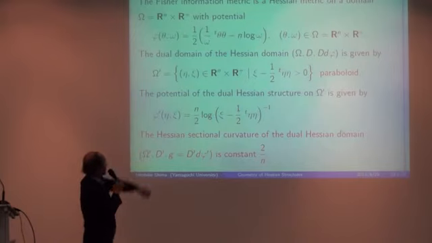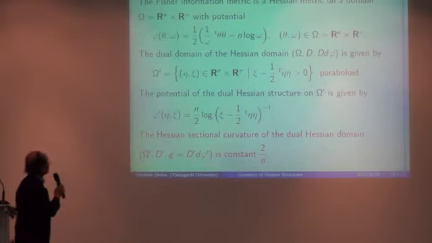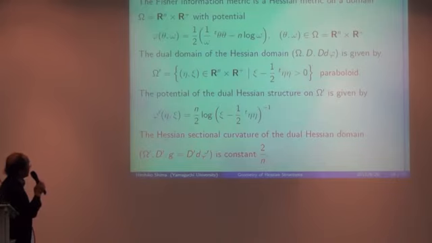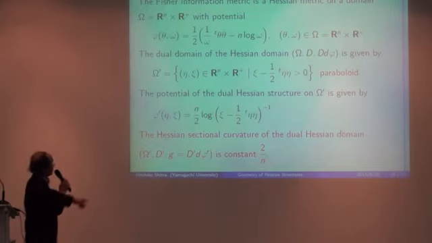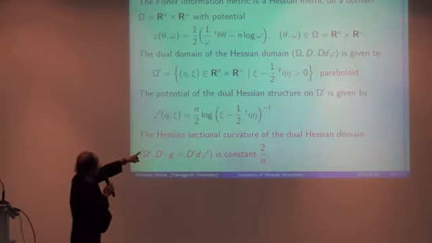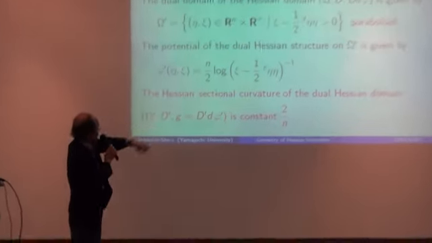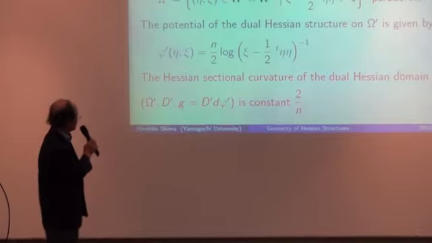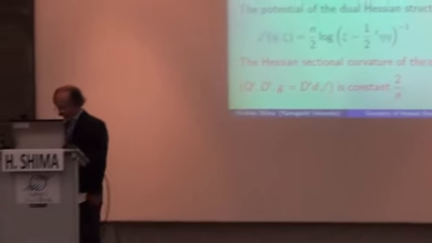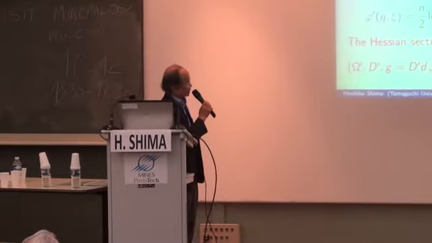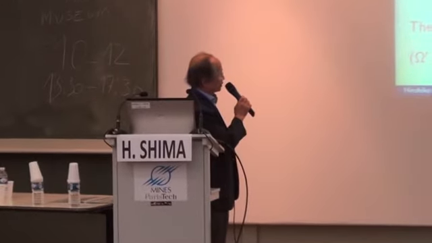This is a standard paraboloid. And the potential is expressed by a simple form, ρ(C − ½ ...) inverse. By the previous theorem on concentration sectional